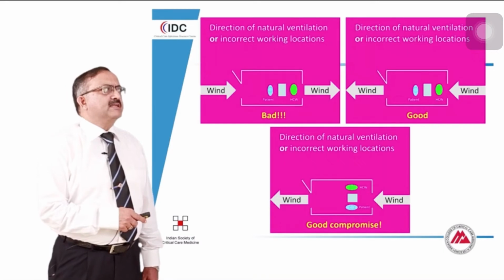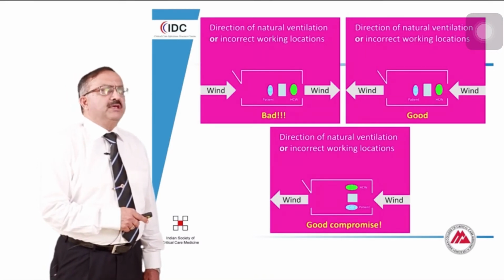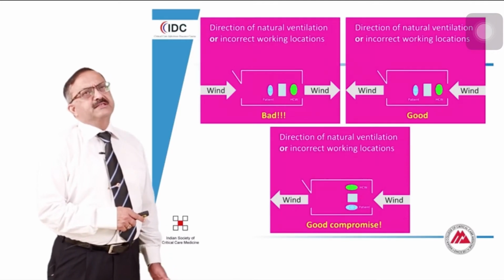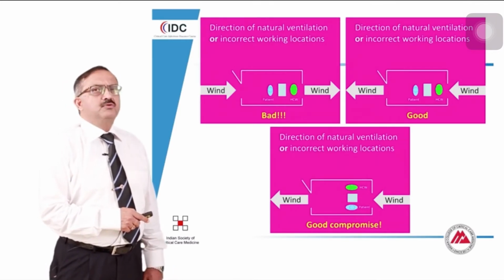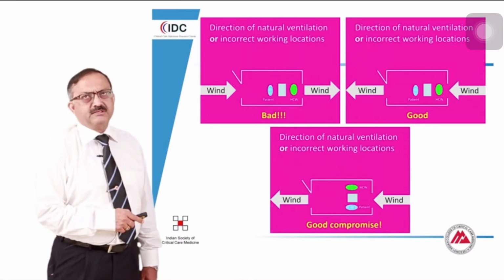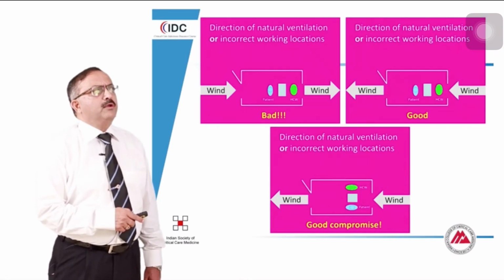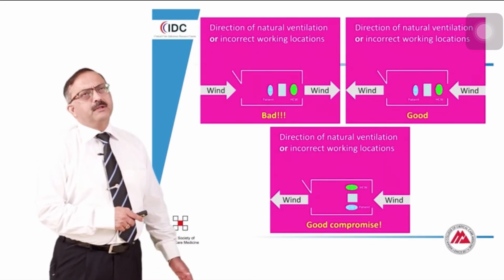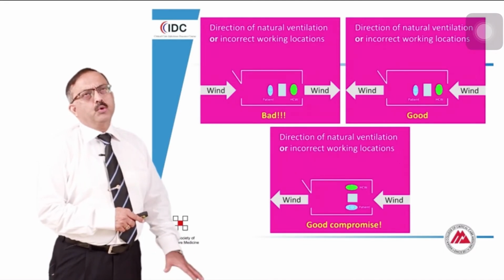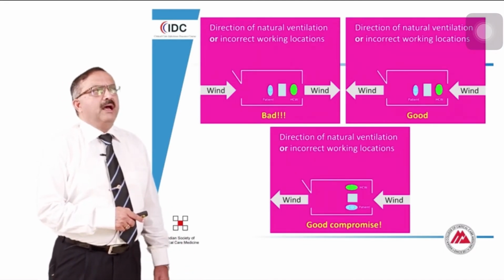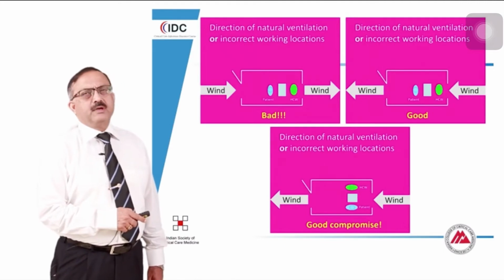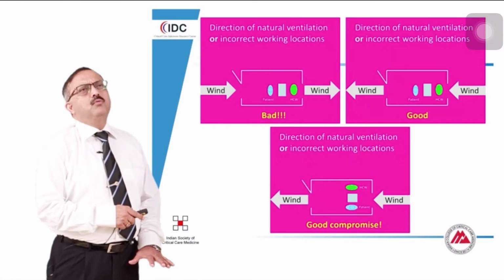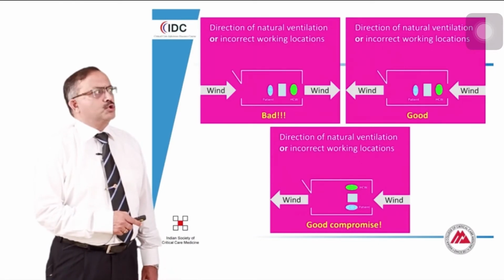If the wind direction is on the patient and then comes on to the healthcare workers, it is bad, because the airflow will allow the organisms to come into your system. So this type of a bed layout is not correct. You get a good layout when you have the wind coming on to the healthcare worker and then flowing onto the patient and then out of the cubicle or room or the ward. And then of course there is a good compromise where you can keep them in this kind of fashion. But this is a basic measure where you know how the bed layout in a ward should be.